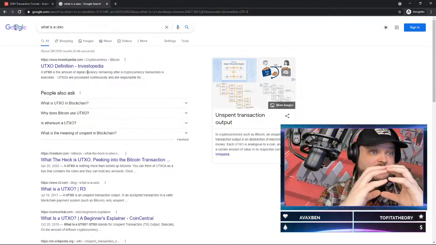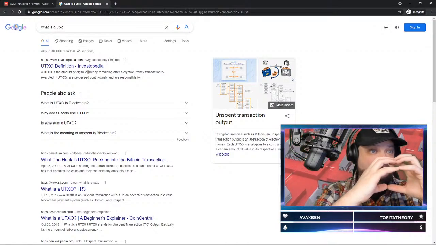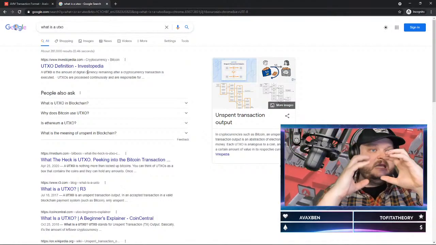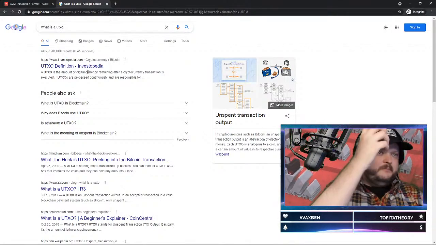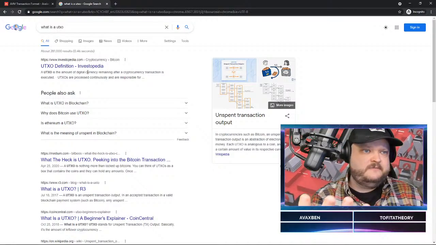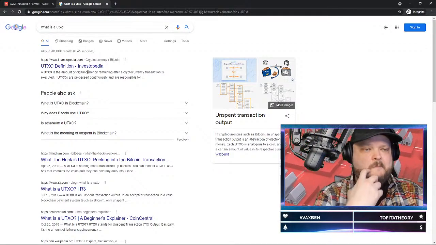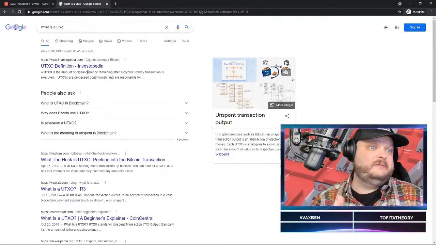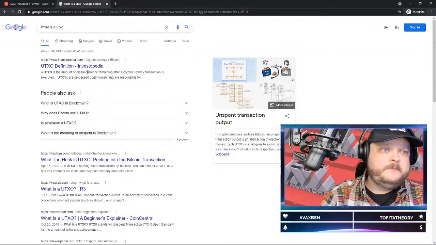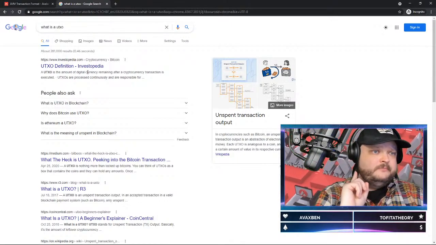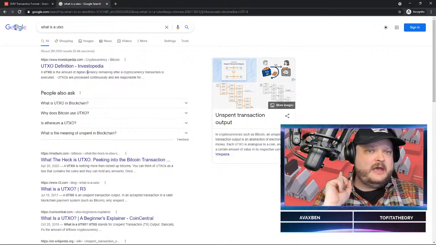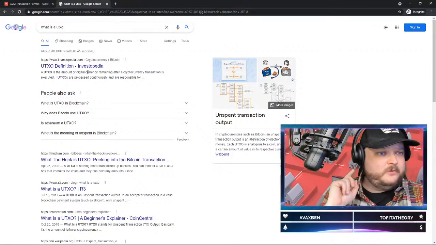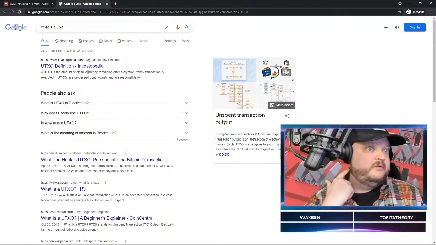If somebody wants to spend it, they sign that UTXO, which is called an unspent output, and they make it an input of another transaction. So you go, this UTXO that exists in the chain, I want to spend it, and I'm going to use it as the input. Let's just say it has 10 AVAX in it. I'm going to send 3 to Bob, 2 to Alice, 4 to Charlie, and I'm going to burn 1.